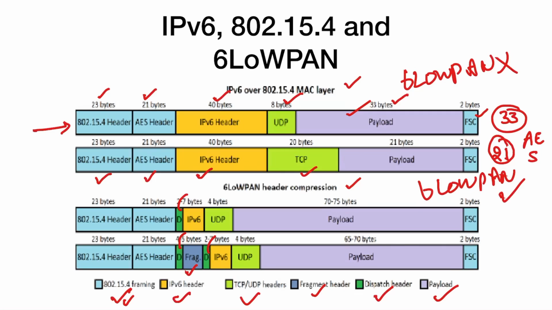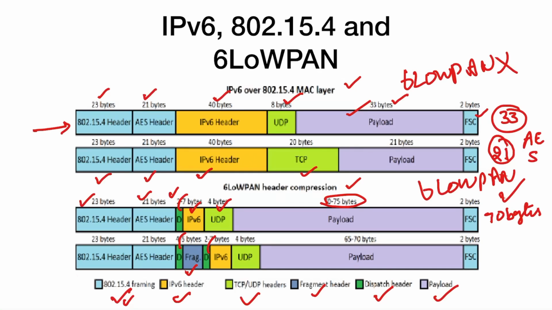So with AES encryption you will get this. This is without 6LoWPAN. Now in the case of 6LoWPAN, we have 23 bytes, 21 is 46, again with security. Then 2 to 7 bytes for the dispatch codes, so we need only 1 byte also, fine. IP version 6 also comes along with 2 to 7 bytes, including the dispatch code. Dispatch code is usually only 1 byte, and the remaining 6 bytes for IP version 6, UDP 4 bytes. Totally we are getting a payload of 70 to 75 bytes. Let's say 70 bytes minimum.